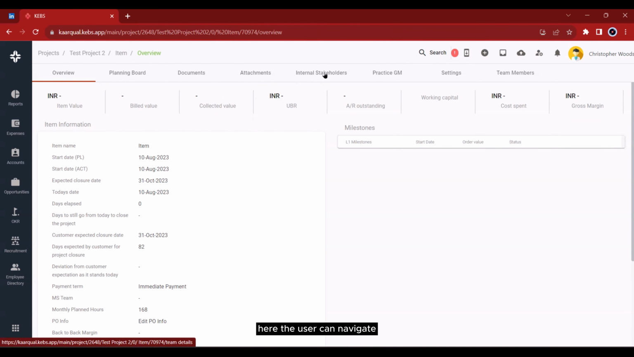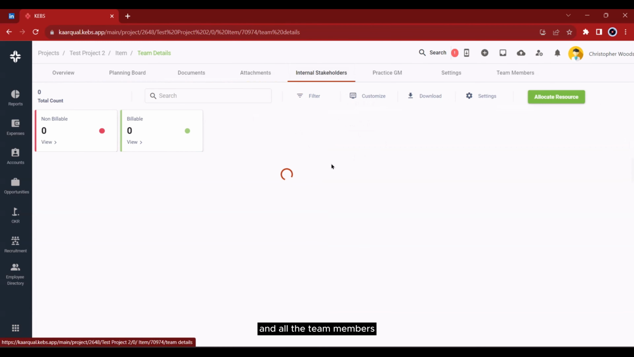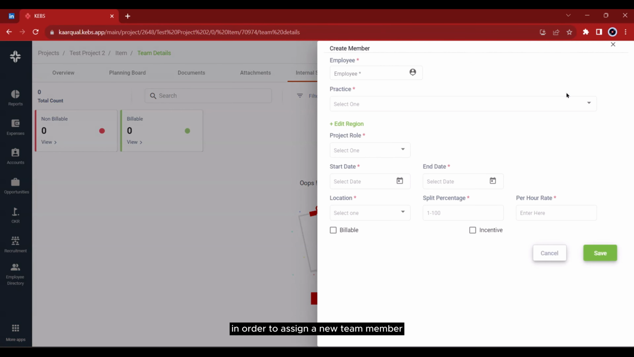Here, the user can navigate to the Internal Stakeholders tab, and all the team members who have been previously assigned will be displayed. In order to assign a new team member, the user can type in the name of the employee,